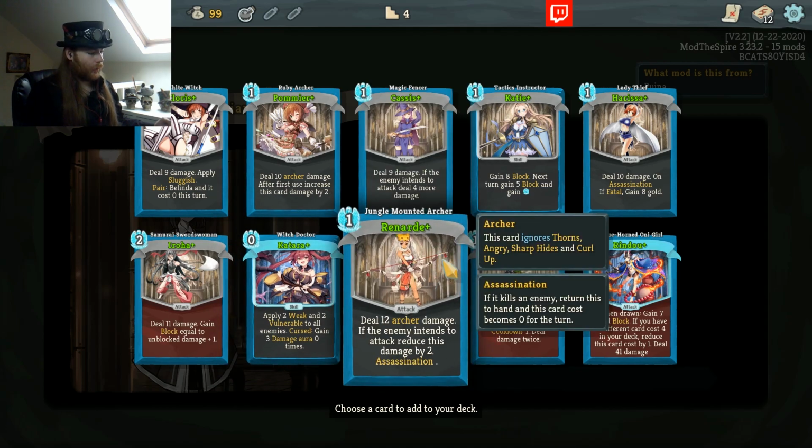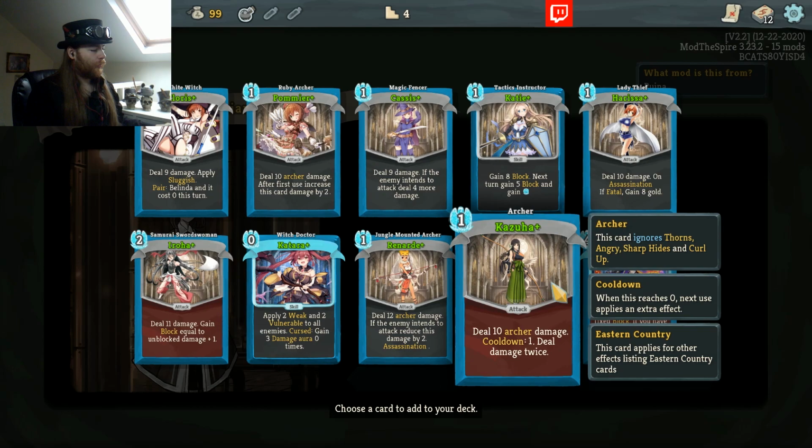Ringard. Deal 12 archer damage. If the enemy intends to attack, reduce this damage by 2. Assassination. Kazura. Deal 10 archer damage. Cooldown 1. Deal damage twice. When this cooldown reaches 0, next use applies an extra effect. Okay, so does that mean...